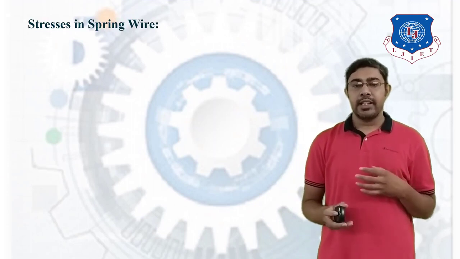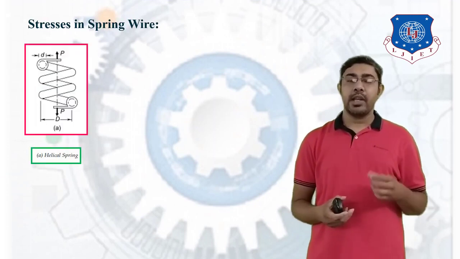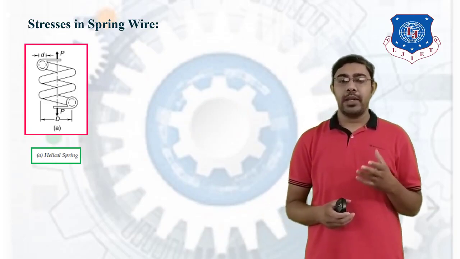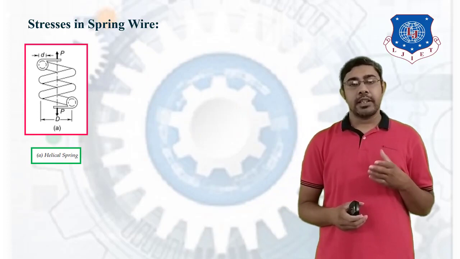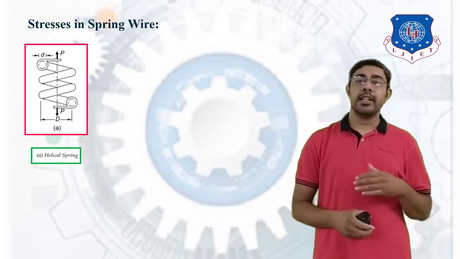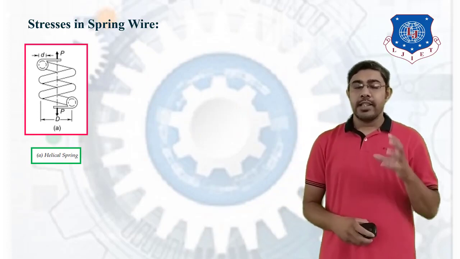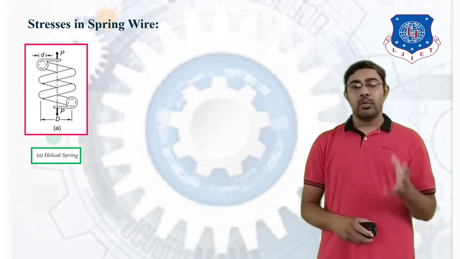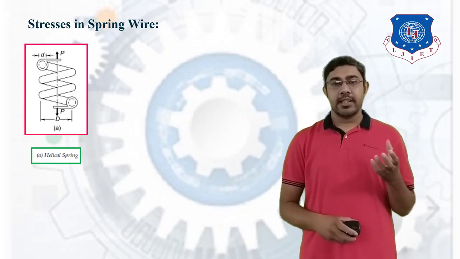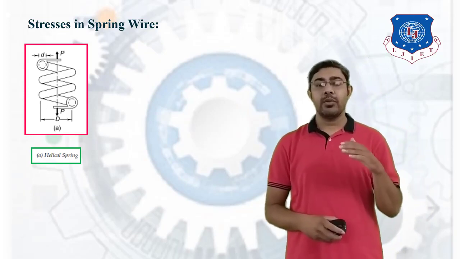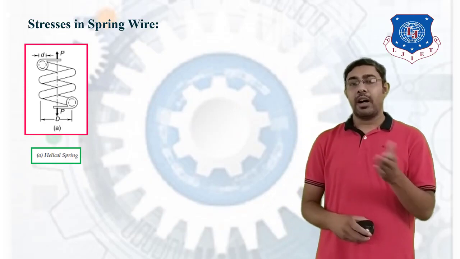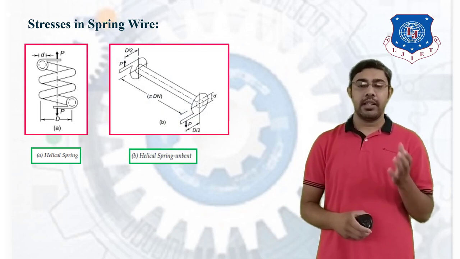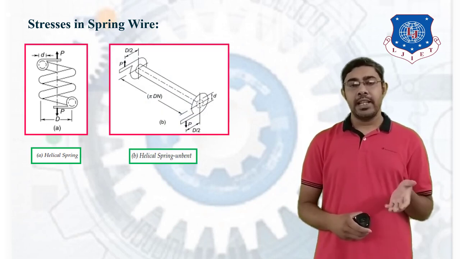For that, consider the figure here. Figure A shows the helical spring subjected to load P, with mean diameter capital D and wire diameter small d. Now to calculate the stresses in the spring, we have to unwind this spring. If we unbend this spring, figure B shows the helical spring